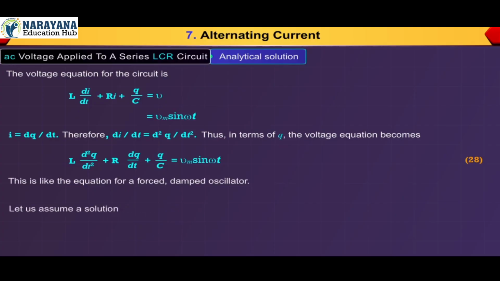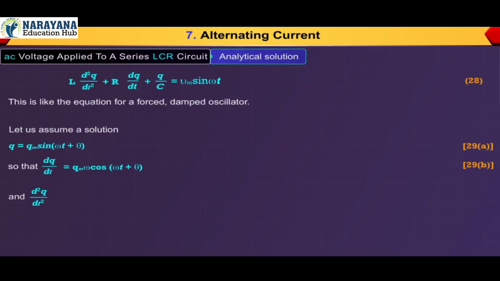Let us assume a solution Q is equal to Qm sin (omega t plus theta), equation 29a, so that dq upon dt is equal to Qm omega cos (omega t plus theta), equation 29b. And d square q upon dt square is equal to minus Qm omega square sin (omega t plus theta), equation 29c. Substituting these values in equation 28, we get Qm omega into [R cos (omega t plus theta) plus (Xc minus XL) sin (omega t plus theta)] is equal to Vm sin omega t,